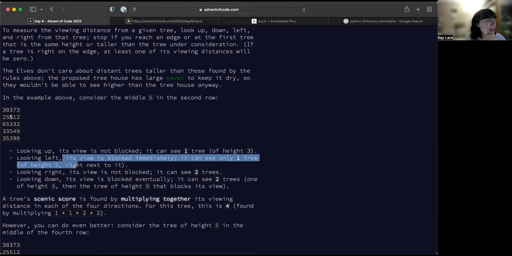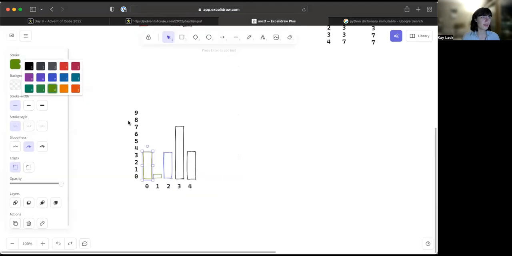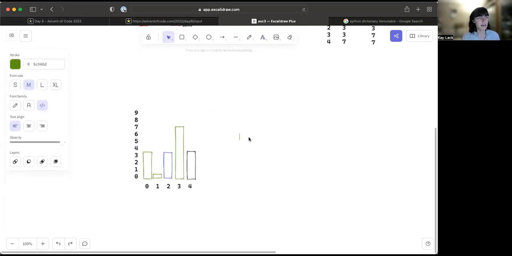So this would be a viewing distance of 1 if it's at the same height. So you count the tree you kind of get to. So this would be 2. And this would be 1. So it's 2 here and 1 here. Okay, so an algorithm for this is